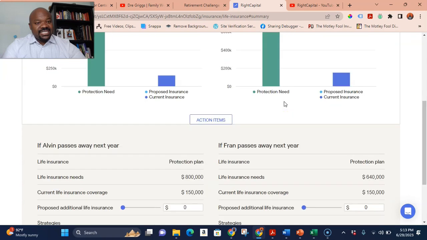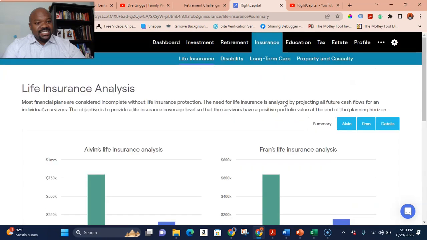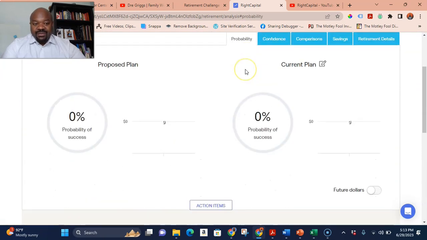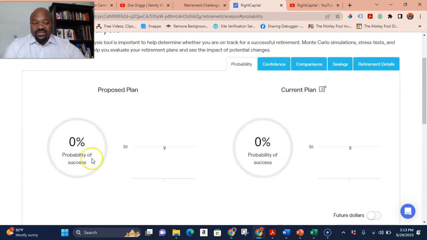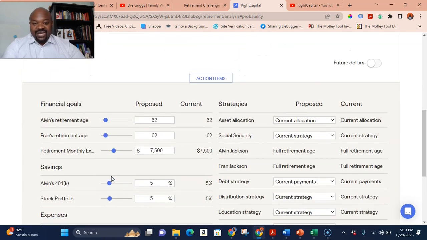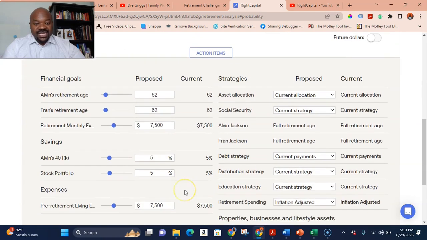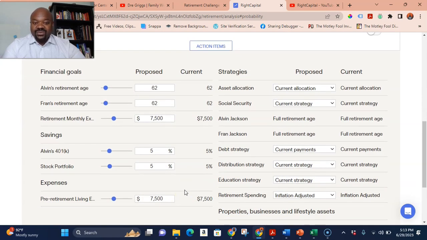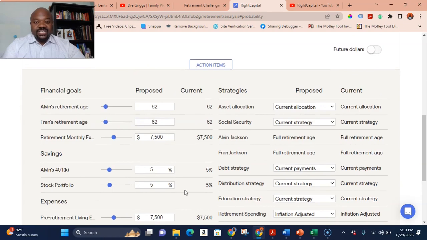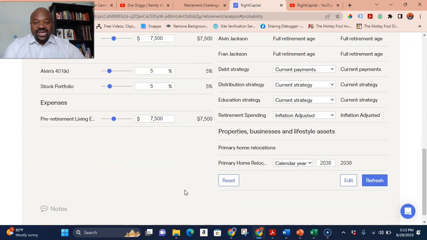So we would propose adding the life insurance to cover it, and you may say we're going to be okay, I'm not worried about it. That is your choice. Then when you click on the retirement planning tab, the beauty of this one is it gives you the probability. It says if you do nothing more than what you've already done, and they'll say, hey, you got a 0% probability of success. You're going to have to make some changes to your overall retirement plan. We're going to need to increase some of the assets. We're going to need to add some different funds,